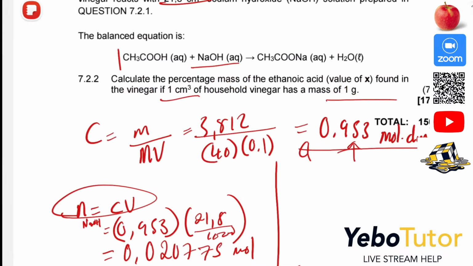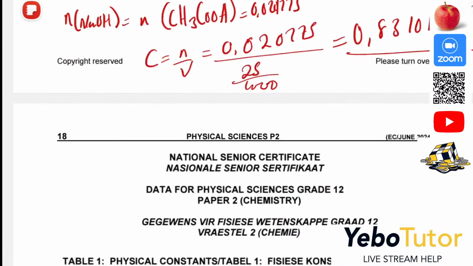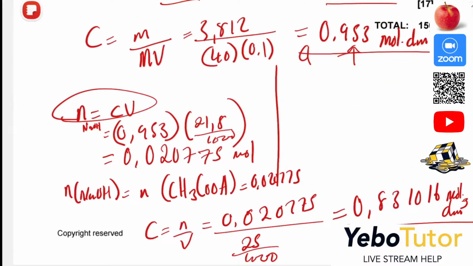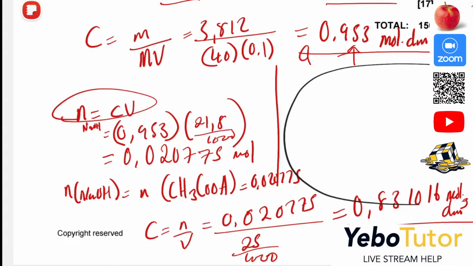What did the question ask? Calculate the percentage mass. Now that we have that, we can calculate the mass. That will be step number 2. I'm trying to find space now. Let's write it here, using a different marker. We know that C is equal to m over MV, all right? Which means the mass which we want will just be equal to CMV. So that will be equal to our 0.83, which we calculated over there,